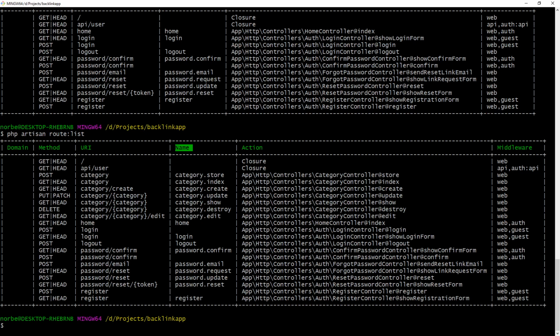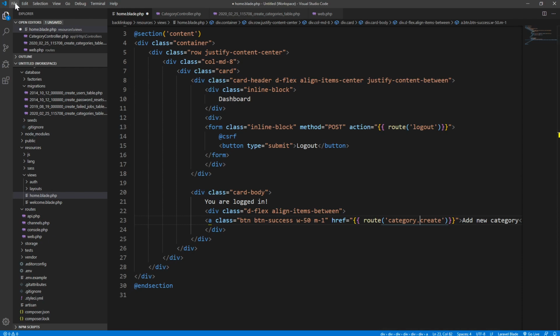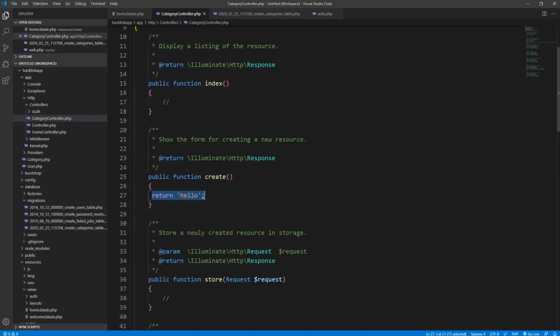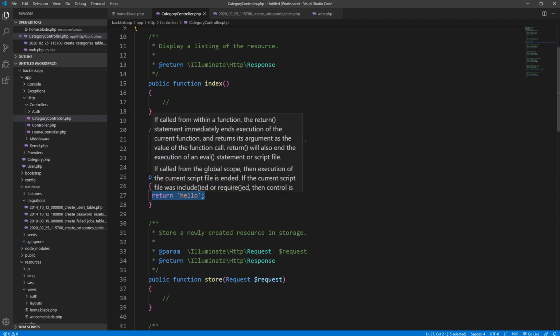So we need to use the dot instead of the slash. Change it to the dot and save it. Category create. Yeah. We got the return hello. So we finally get to this method, so we can show our add category form here. And I will show you how to do it